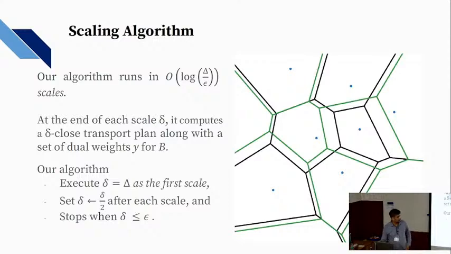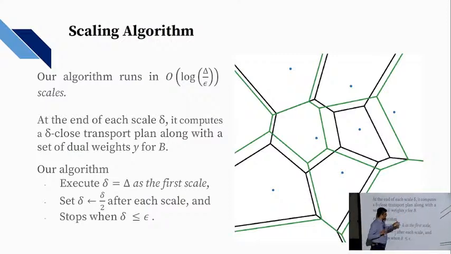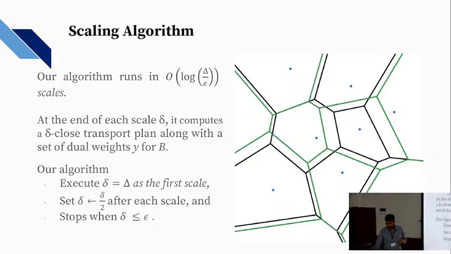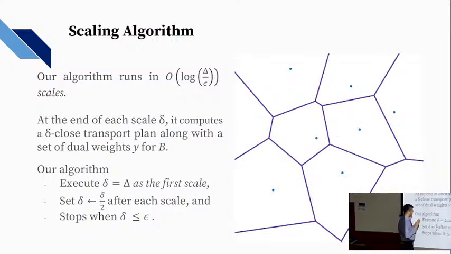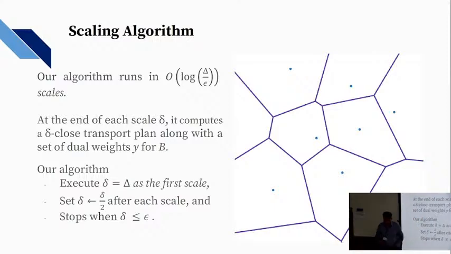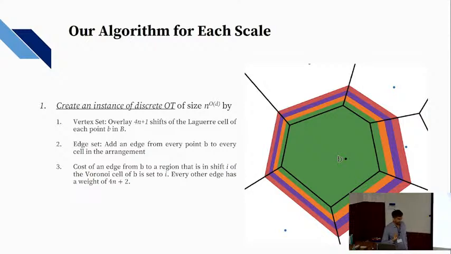Okay. So visually, this is what's happening. Our weights initially are not very stable, and you'll see that as the scales progress, the Voronoi cells will keep moving around, but afterwards it becomes very stable, and the boundaries will move very little. And let me describe what the algorithm does in each scale.